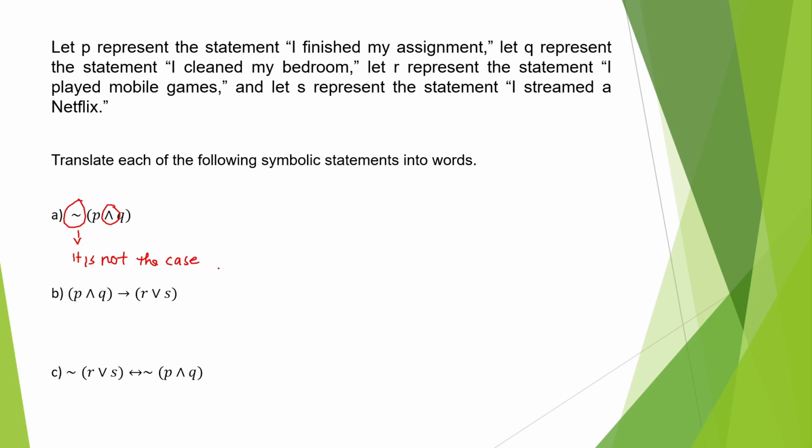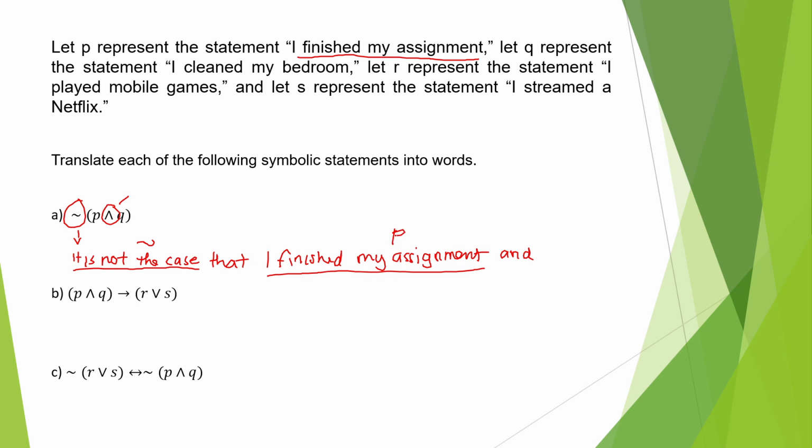So therefore, it is not the case that, what is our P? P is I finished my assignment. Okay, this one is negation. That our P is this one, I finished my assignment, and this symbol we can replace as "and".